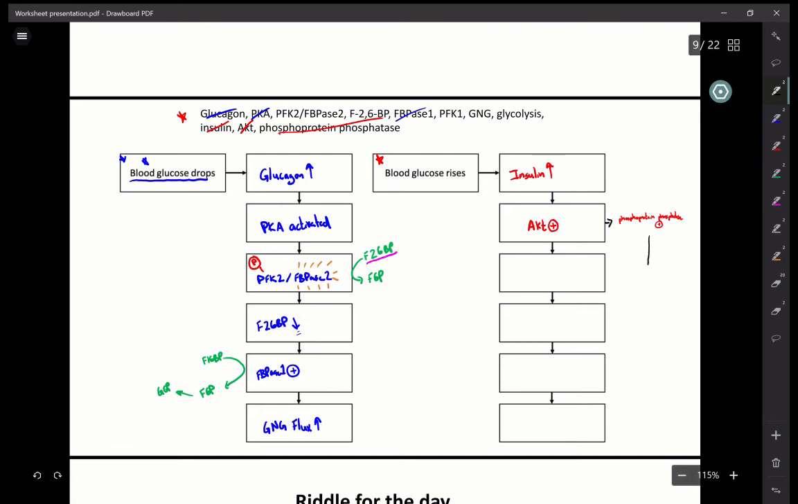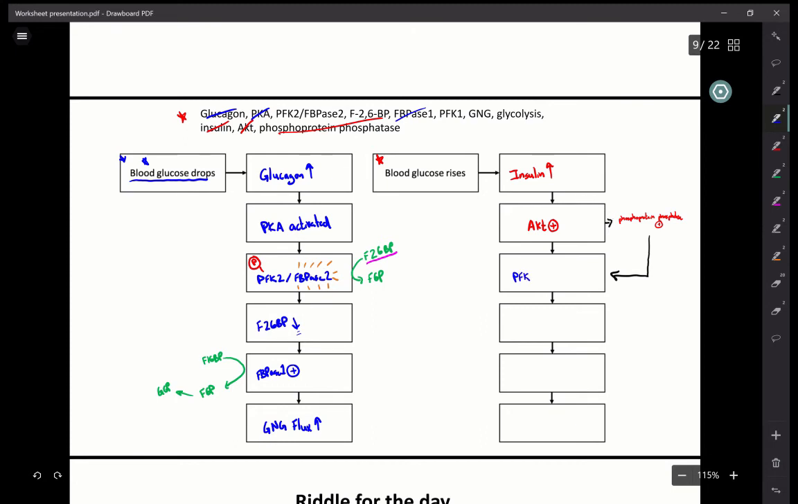But what it's going to do, and I'm just doing this to keep it consistent with the flow chart over here, phosphoprotein phosphatase is going to remove the phosphate on PFK2 FBPase2. So what we're going to have here is this